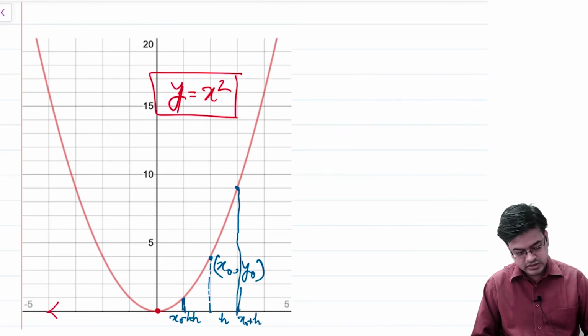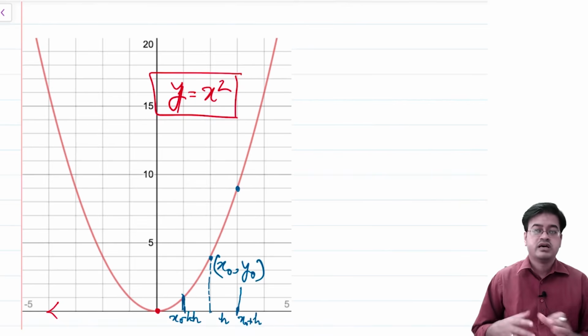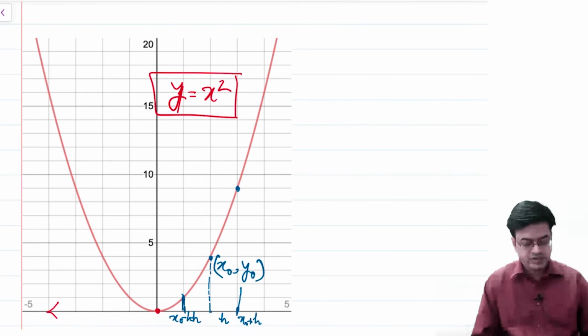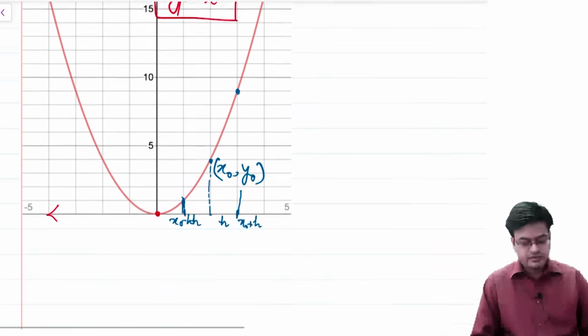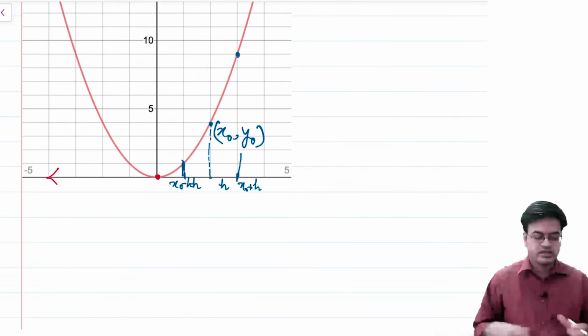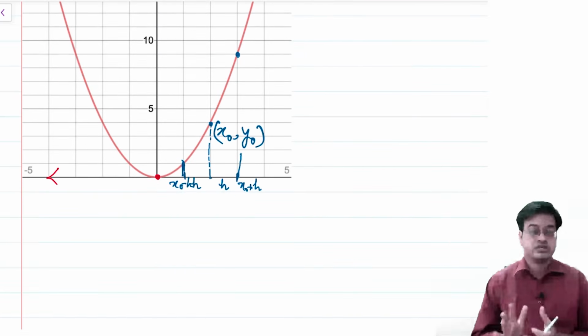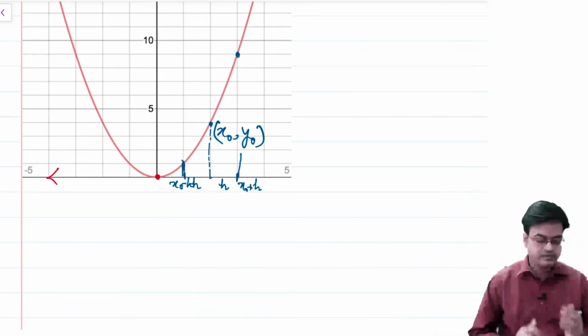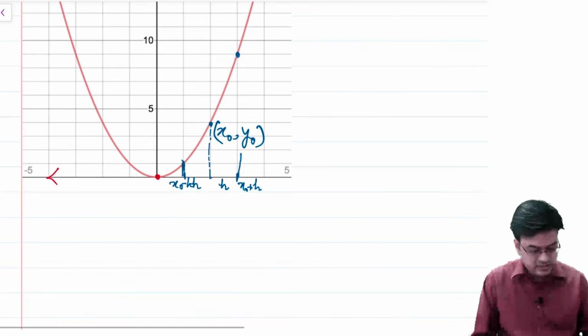Let us erase this line, it is not needed. So this is the point that corresponds to x naught plus h, and this is the point that corresponds to x naught minus h, and I will use the f of x naught definition. Now this definition is so robust that it doesn't distinguish between which x naught we are taking. So we can simply write, for any x naught